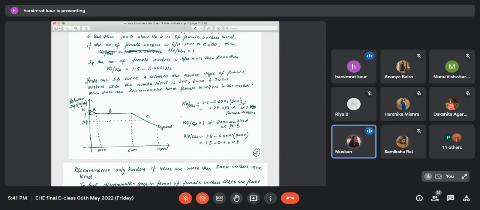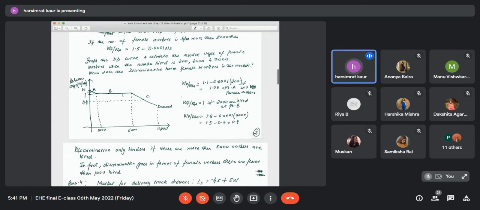Ma'am, since the ratio is female to male, when it's 1 or more, it would benefit the females, and when it's 0.8, it would not benefit the females. Yes. So guys, exactly. Even if you just look at the calculation, if you keep on increasing the number of female workers, the relative wages start to fall, which is bad,